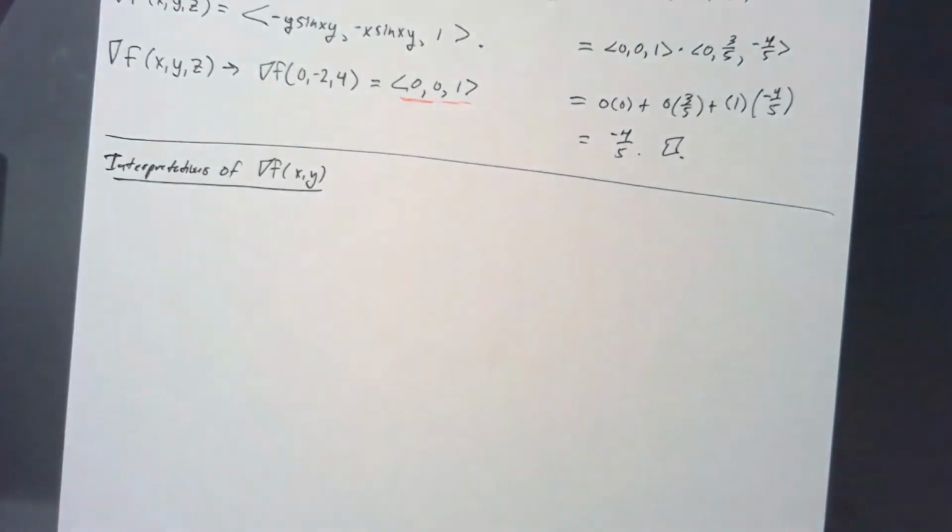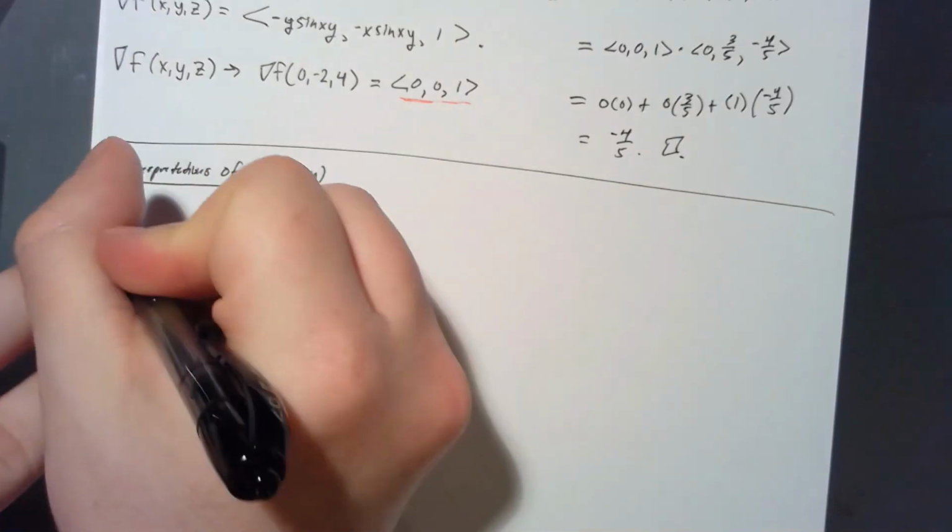So these are some interpretations of the gradient, and they have pretty good significance. So let's say, note,